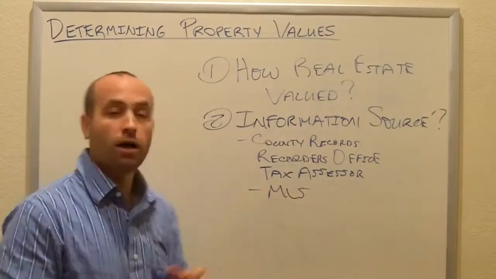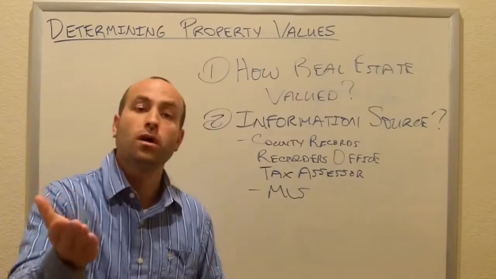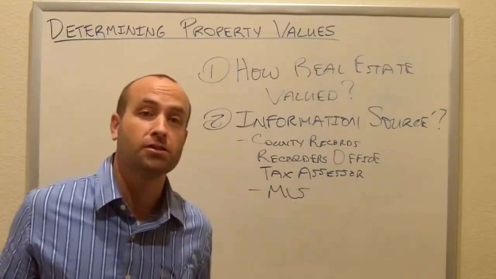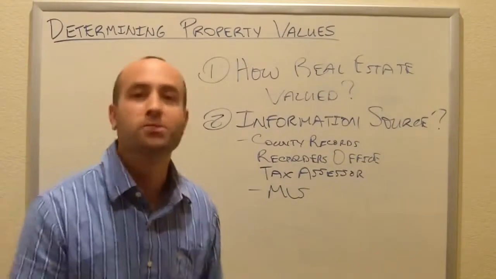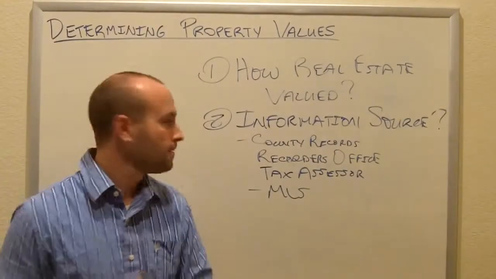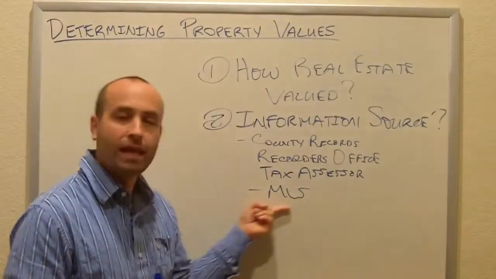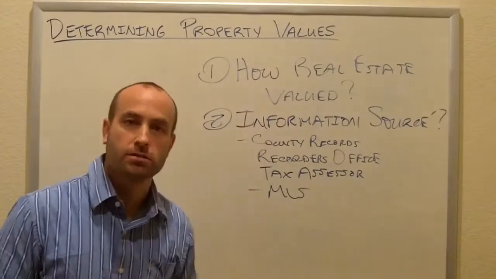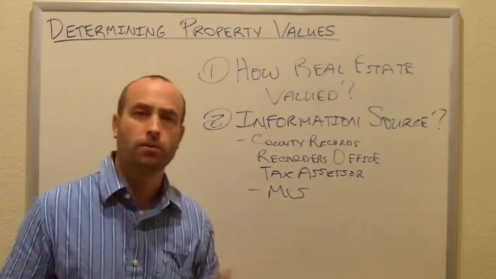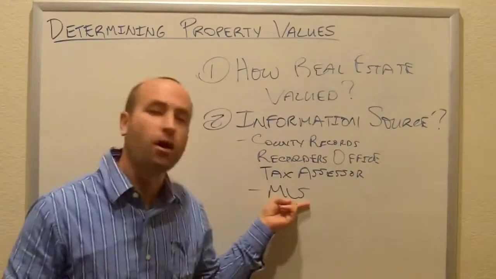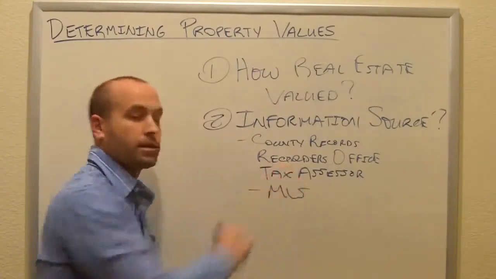Now the MLS has other features that are wonderful. It'll tell you not only the exact sales price that occurred, but also if there are seller concessions, meaning if the seller paid for closing costs and that sort of thing, because that really does play a role in the overall sales price. So the MLS is where the data needs to come from in order to make these accurate comparisons. But the MLS does have a couple of drawbacks. It doesn't tell you what liens are on the property. It doesn't tell you who the owner is. That's where the county recorder's office can help you.